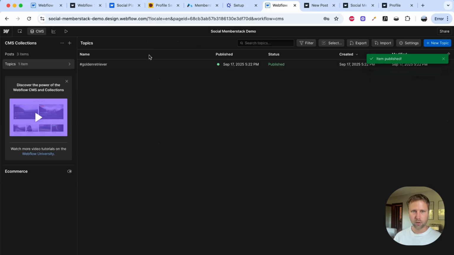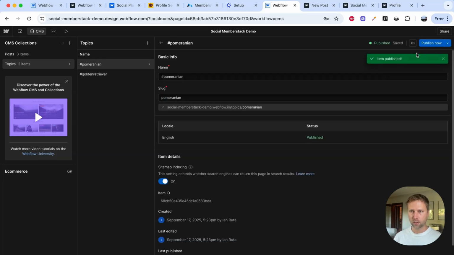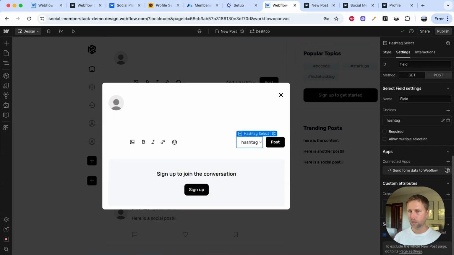And then now for the second one, I'll just add one for Pomeranian. Not sure if I'm spelling that right. And add a hashtag to the name. Okay, so now that that's done, I've published, I can then go back to my hashtag select inputs, and then